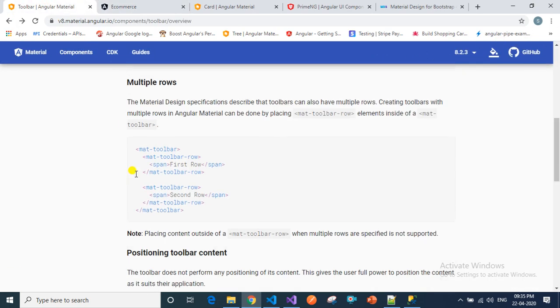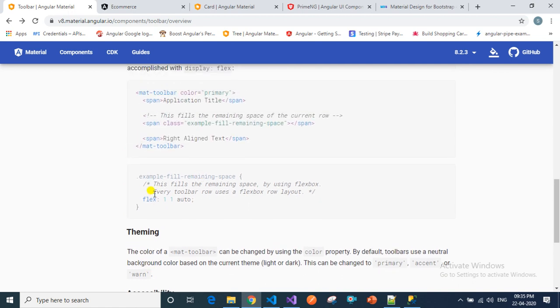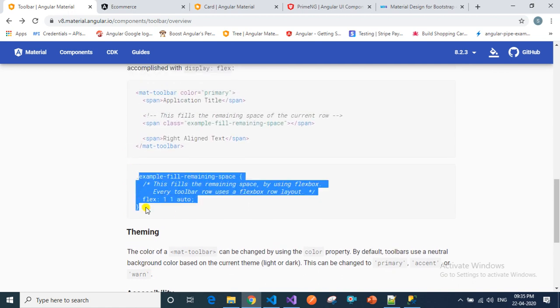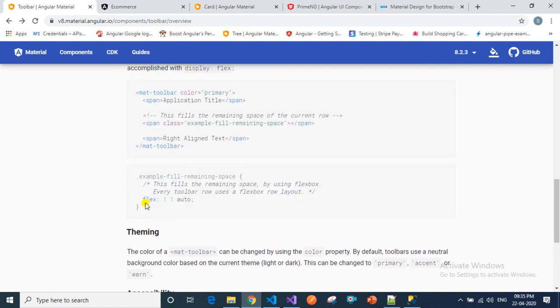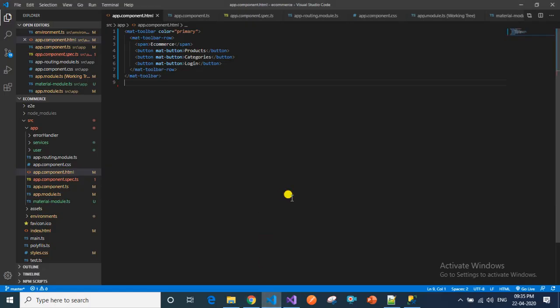Now we will move all these to the right corner by adding some style. You can see this style here. I will add this style here so that we can move that.